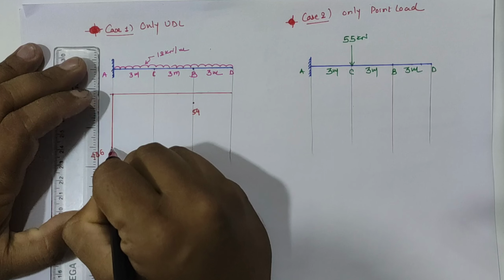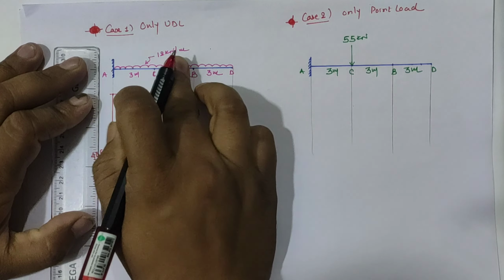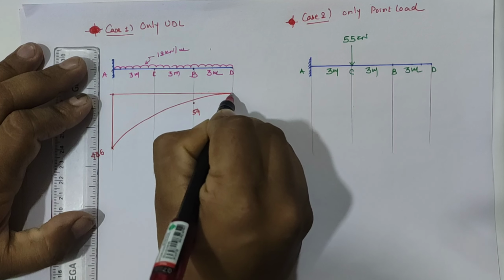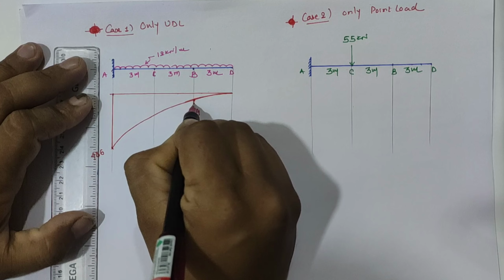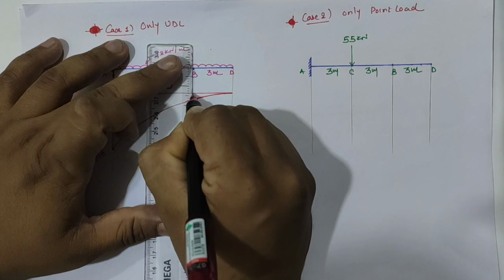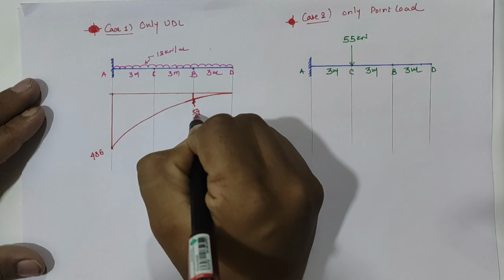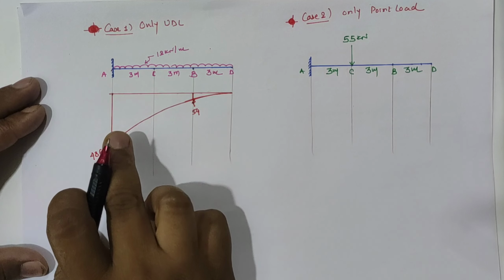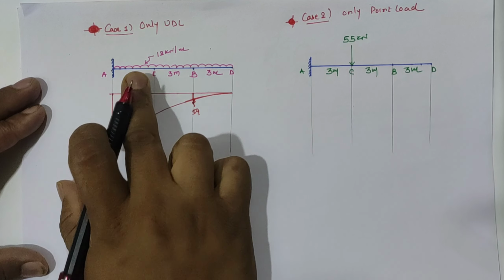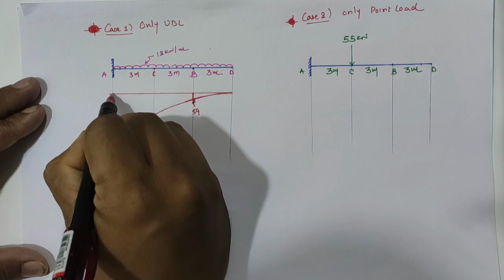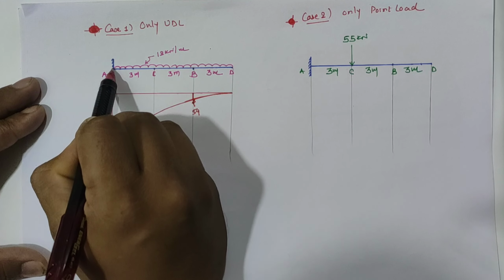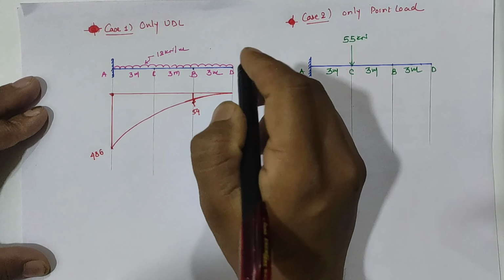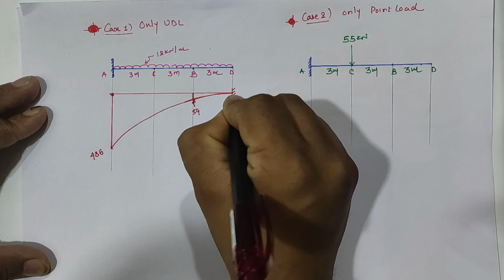and we have to draw a parabolic curve for the UDL in the bending moment diagram according to the rules, hence it is as shown, where the value at location B is 54 kilonewton meter. And according to the consistent deformation method we have to convert the released structure into a conjugate beam, hence location A, which is fixed in the actual released structure, is free in the conjugate beam, and location D is free, hence it is fixed in the conjugate beam.